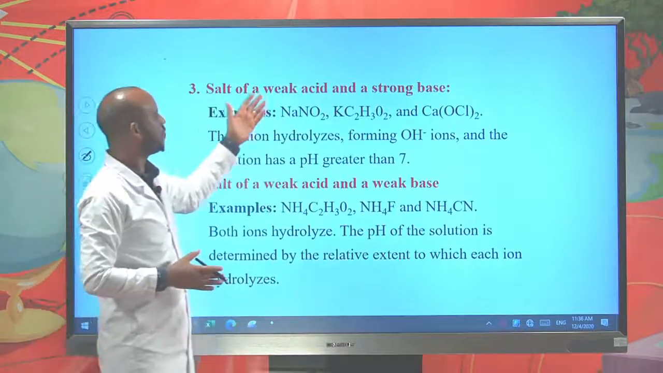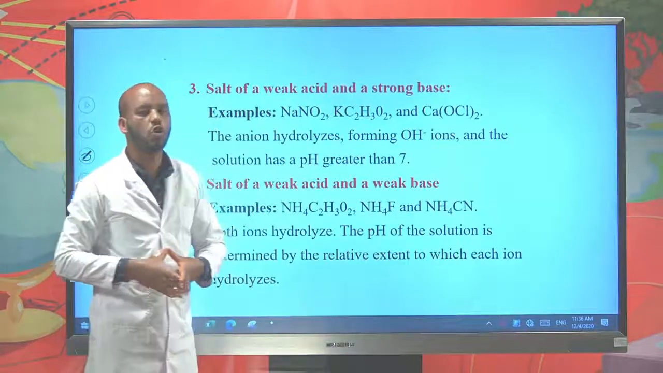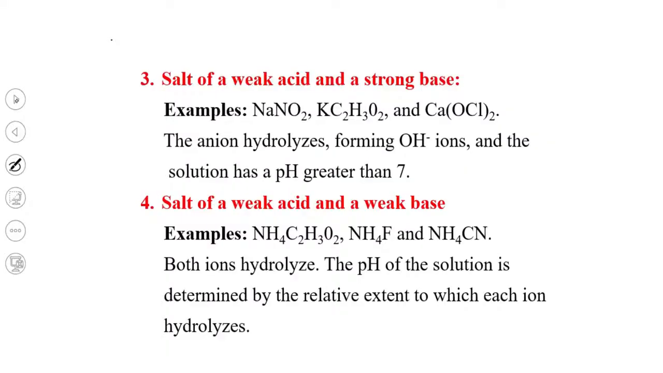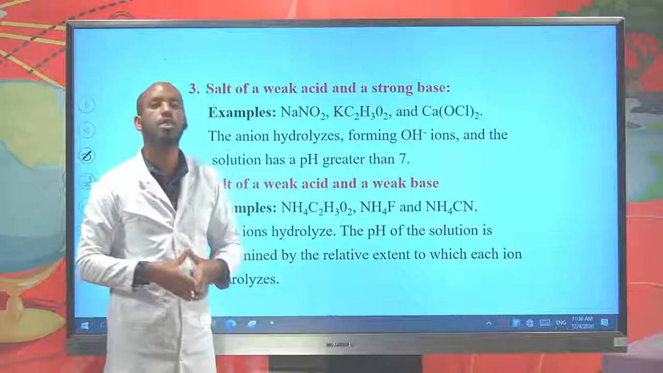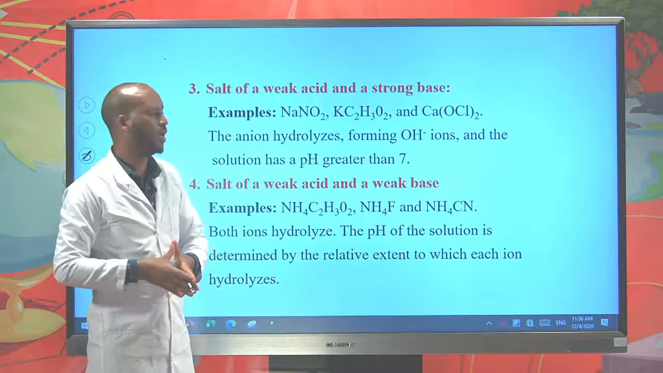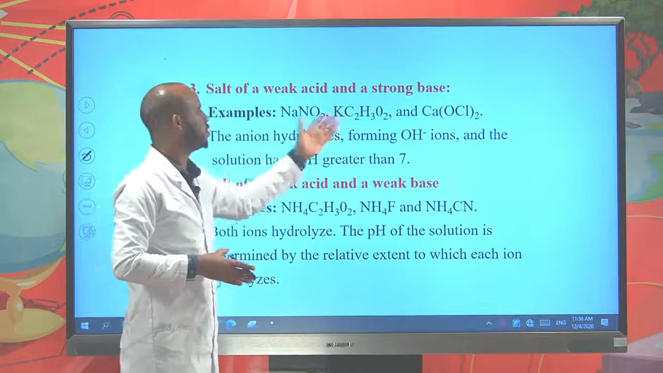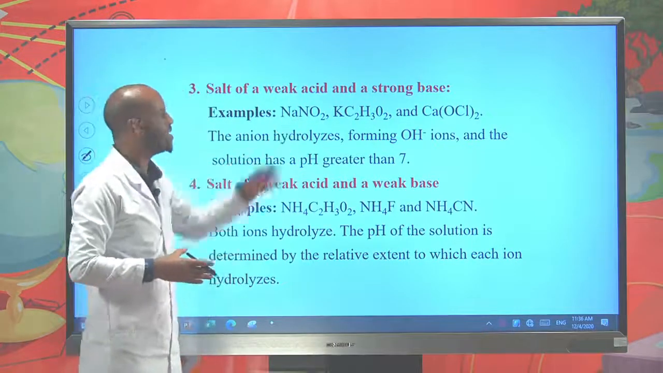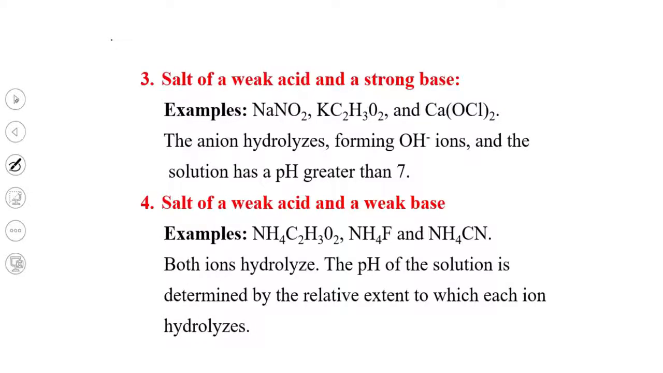3. Salts of a weak acid and a strong base. What happens to the pH of a solution if a salt derived from a weak acid and a strong base is dissolved in water? Now take one of these examples. Sodium nitrite. Sodium nitrite is a salt derived from a strong base, sodium hydroxide,